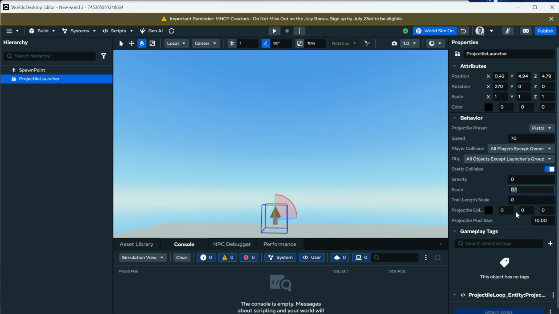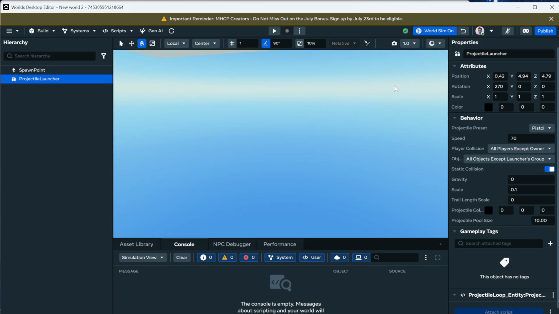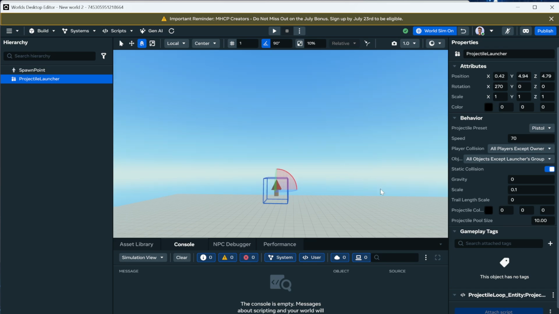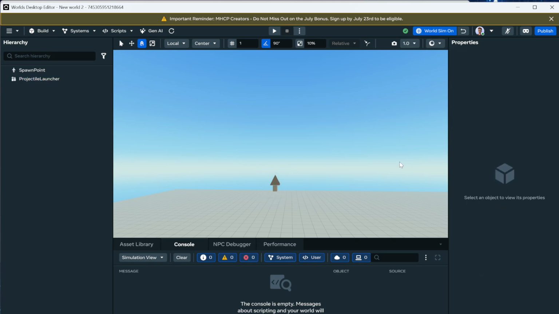So if it's bigger, it's easier to hit players with. And you'll note here that the default projectile pool size is 10. This is how many can exist at the same time. And so if you look up, there are 10 projectiles up there. We can't see them because they're too far away. But if we change the speed down to something like 5, and then hit world simulation off and on, you'll see that there are now